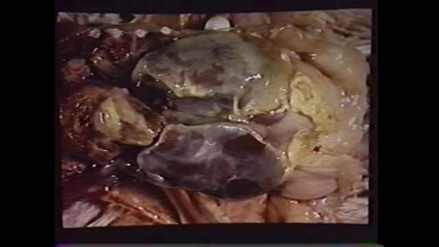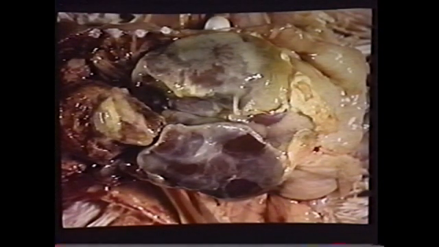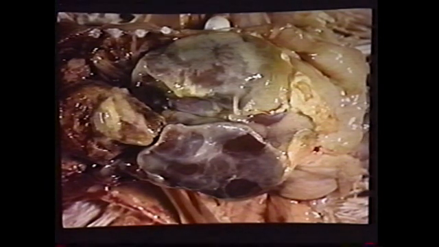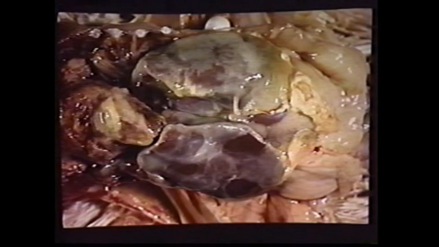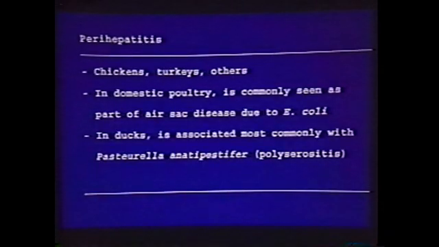Here is a broiler chicken from a commercial operation. You can see fibrinous exudate covering the liver, covering the heart, peritoneum, abdominal wall. This is commonly or collectively called air sac disease in commercial poultry. Pericarditis is part of this syndrome. It is commonly caused by E. coli, usually predisposed by mycoplasma or